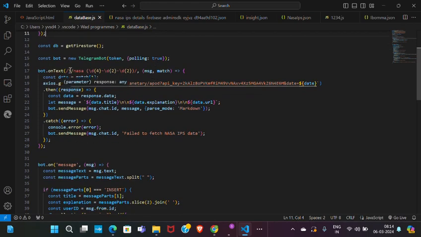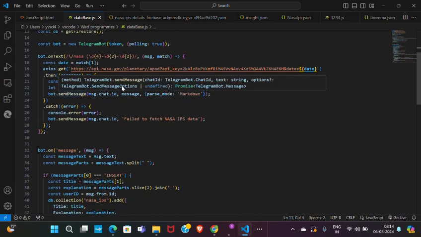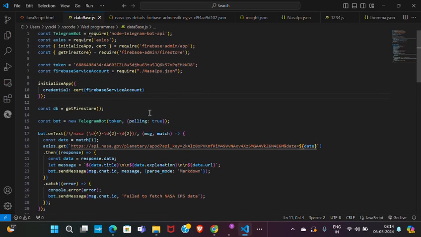After that, in bot.onText, if in the chatbot you give a message like NASA and the date, then you will get the details of that particular date. Here Axios is used for the HTTP request, the Node Telegram bot API is used to create a new chatbot, and Firebase admin is used to interact with